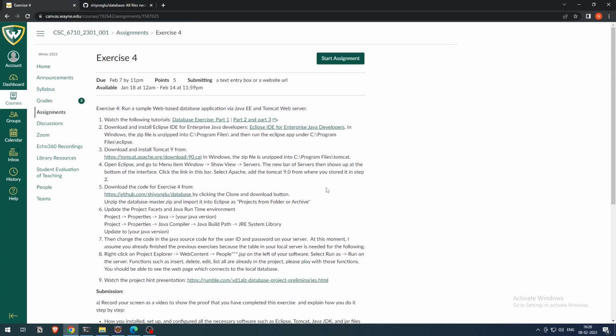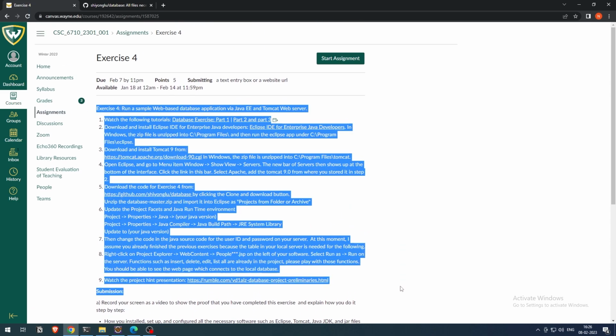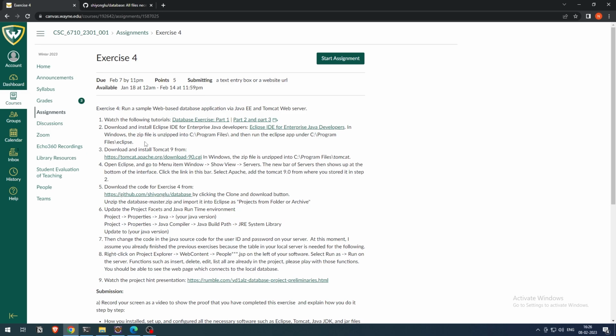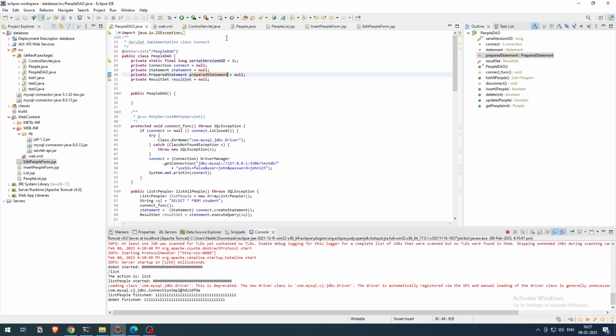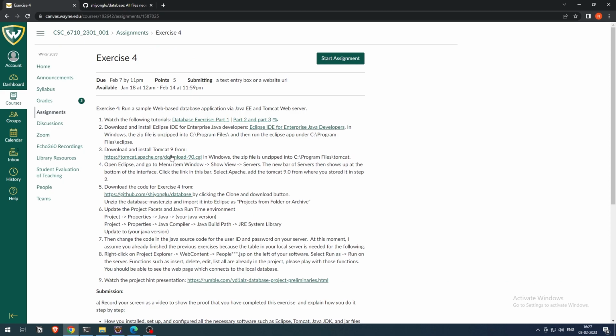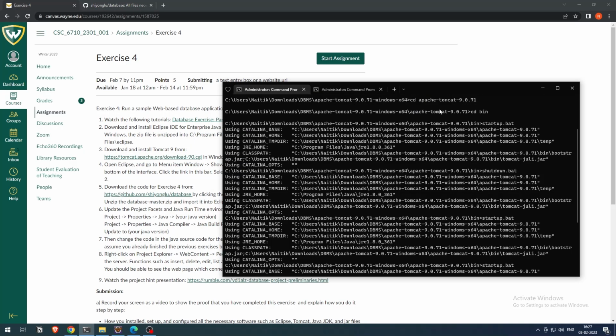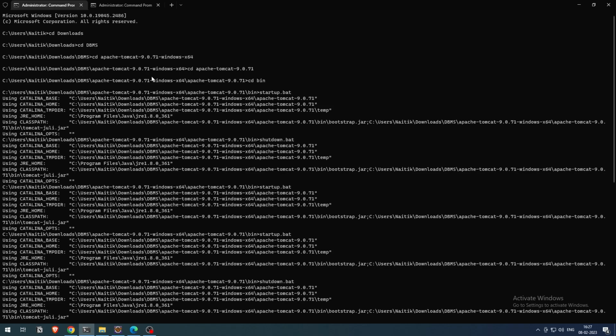So this is exercise 4, and these are the exercise 4 pointers which I need to follow. First, download and install the Eclipse IDE, which I already did in the DBMS exercise number 1 video. I have my Eclipse running over here. Then download and install Tomcat 9, which was also already done in exercise number 1. In order to initialize that, you just go to the Tomcat folder where you have it stored,